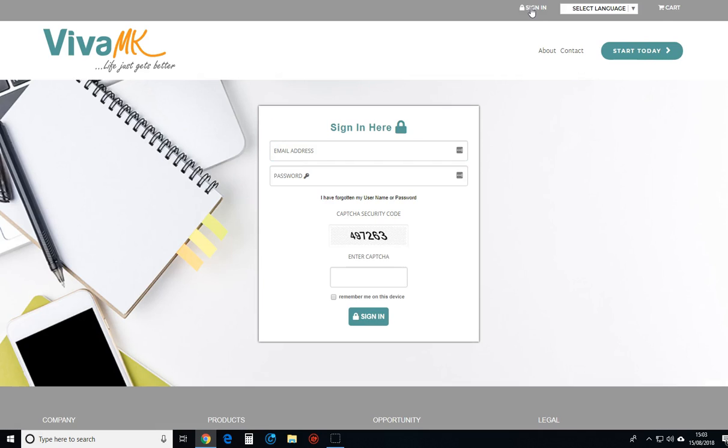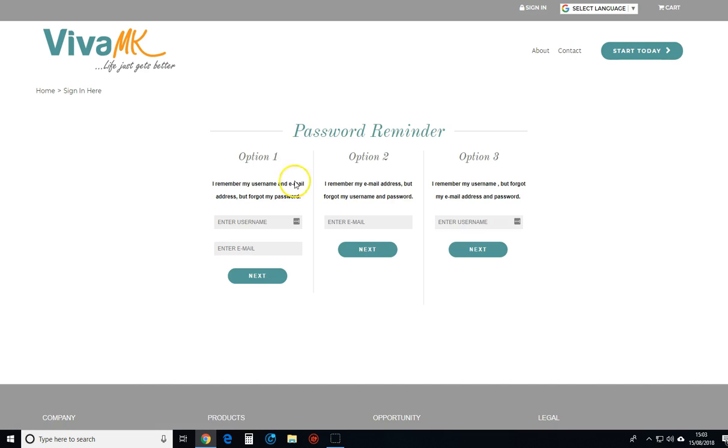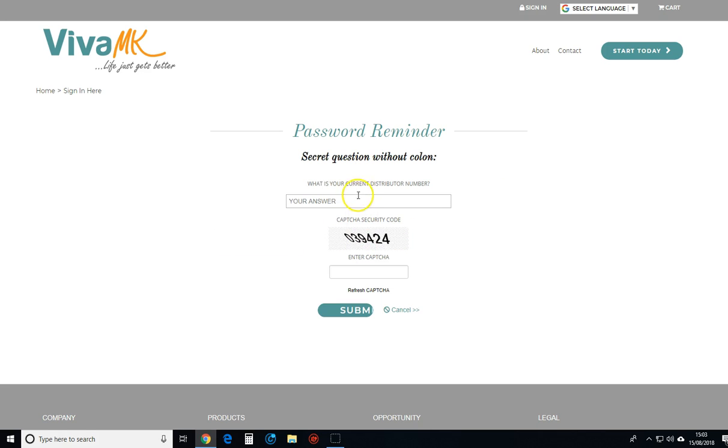Just click on that link there and put in the email address that you gave when you registered, and at the moment for the password just click I have forgotten my username or password, and then go for option 2, I remember email but forgot username and password, and then put in your email and click next. And then what is your distributor number? So enter that,